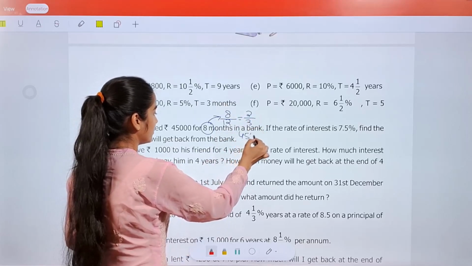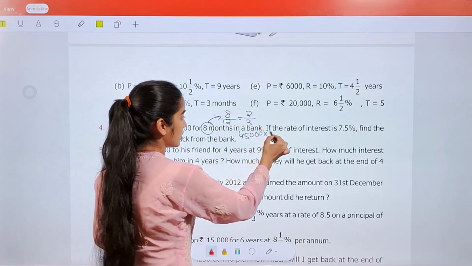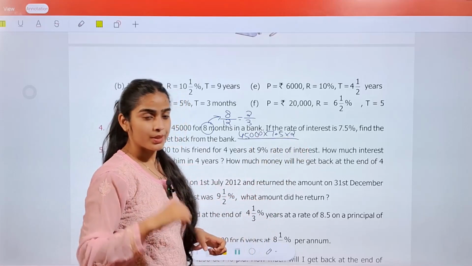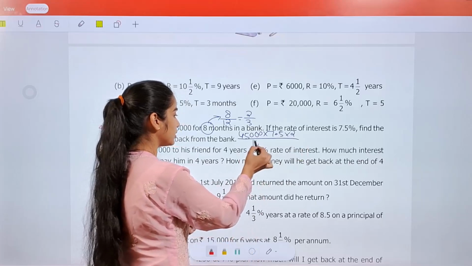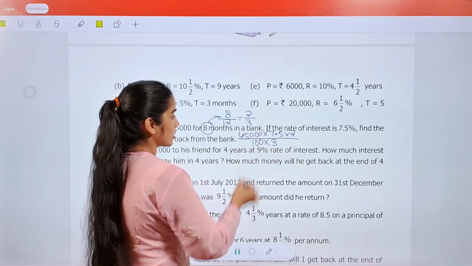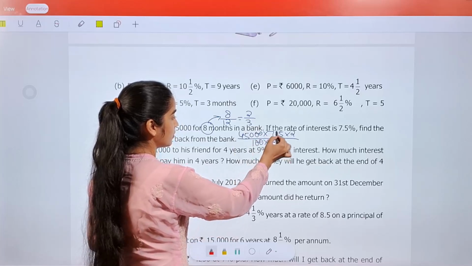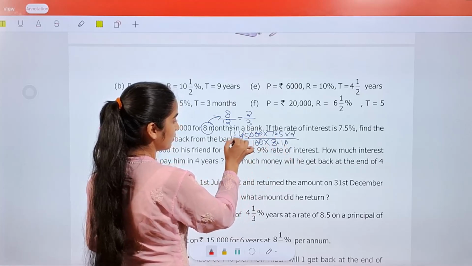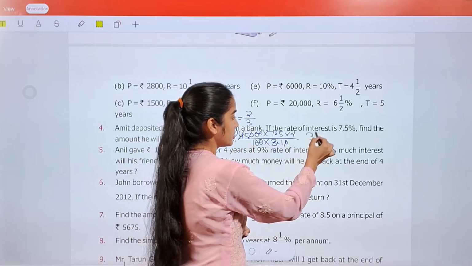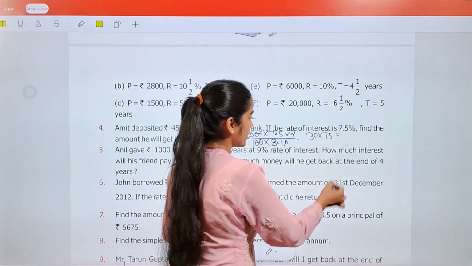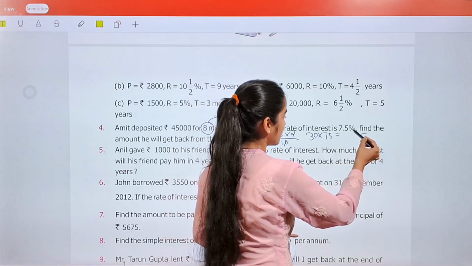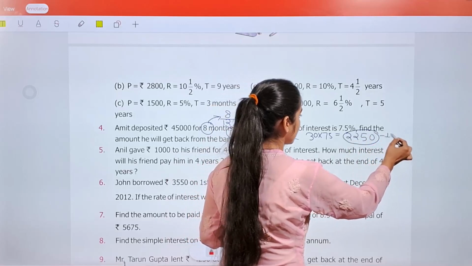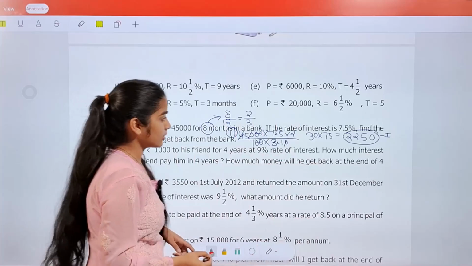45,000. Your rate of interest is 7.5. Multiply by 2. 2 will be multiplied with your numerator and 3 will be multiplied with your denominator. So always remember this. Okay, so now 2 zeros are cancelled out. 1 0 is cancelled out. 3 1s are 3. 1 5 15, 15 2s are 30, 30 multiply by 75, 3 5s are 15, 1, 3 7s are 21, 22 and 0. So 2250 is your interest, और उन्होंने कहा है कि अमाउंट बताना है, तो ये हम प्लस कर देंगे